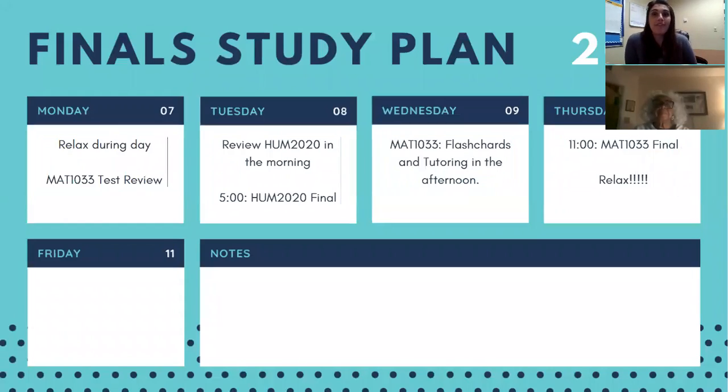Let's go ahead and take a final look at the final exam study plan for week number 3. Once again, this is finals week. You can see that I've added in time to relax, as well as times to do final reviews, attending a test review, looking at flashcards really quickly, just looking at different material in the morning. And I've also included the days and times of my final exams. So this is very similar to what a week 3 or finals week plan may look like for you.